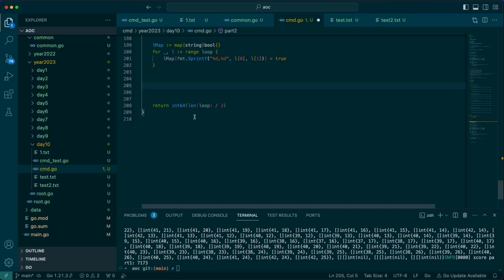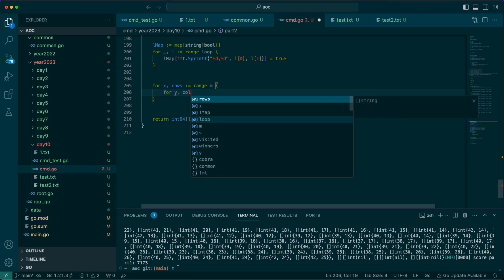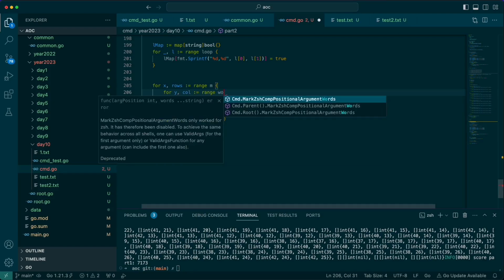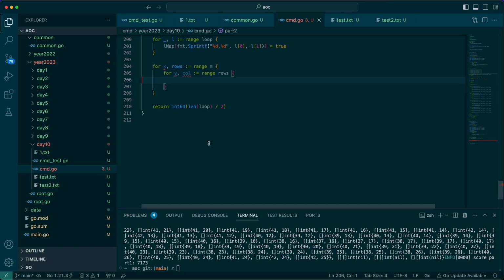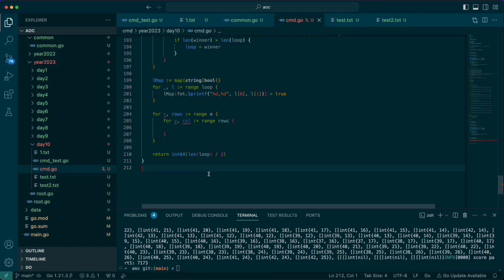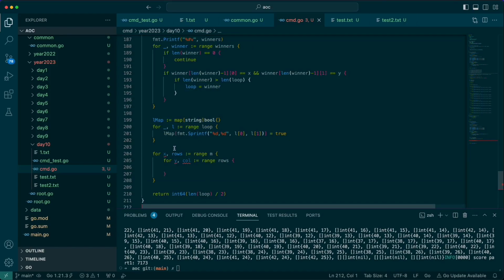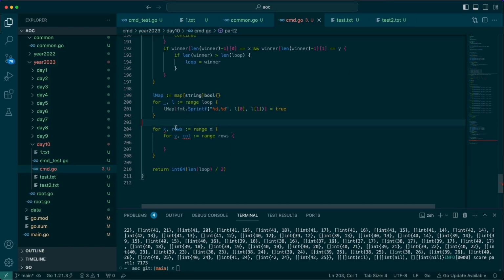Okay, so what we can do is say for S rows range of matrix, and then for, so we want to check each of these points, and